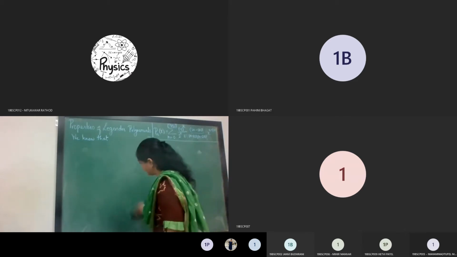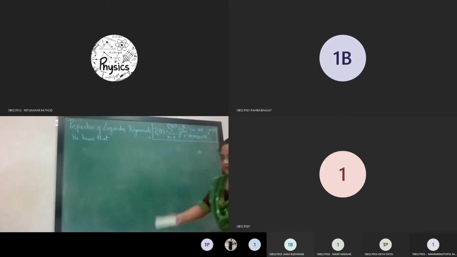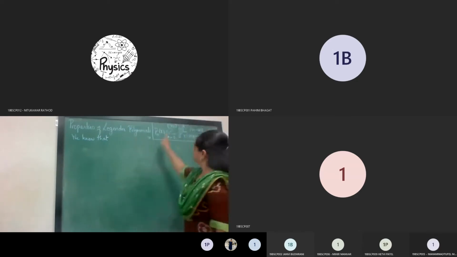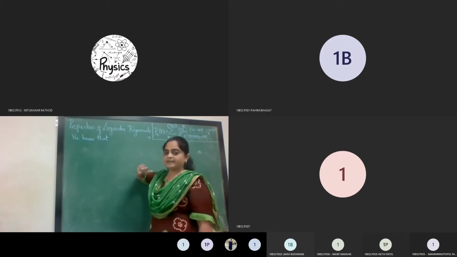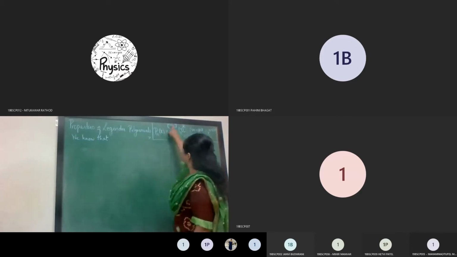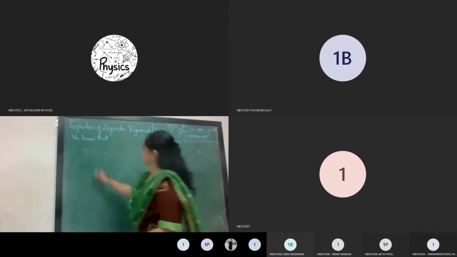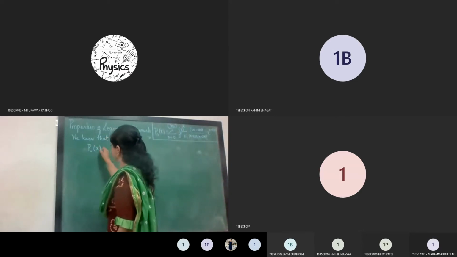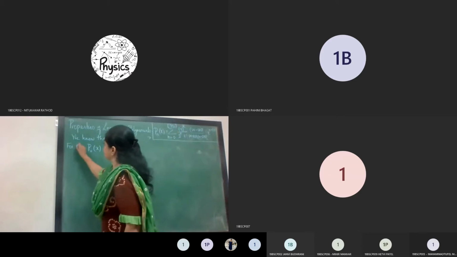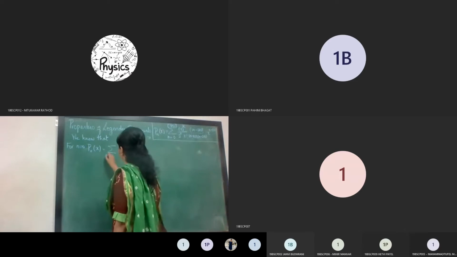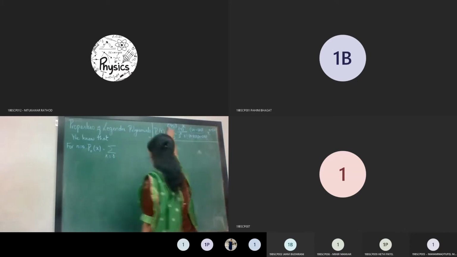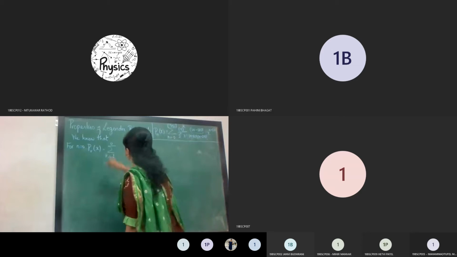Fine. So let us start with n is equal to 0. So when I consider n is equal to 0, the integral part of integers are the integer itself, that you already know. The integer part of an integral number will be that number itself. So when I consider n is equal to 0, the integral part of n by 2 will also be 0. So on the left hand side, I will denote it with p0x because I am considering n is equal to 0. So your summation will be starting from 0 to the integral part of 0 by 2, that is 0 only.